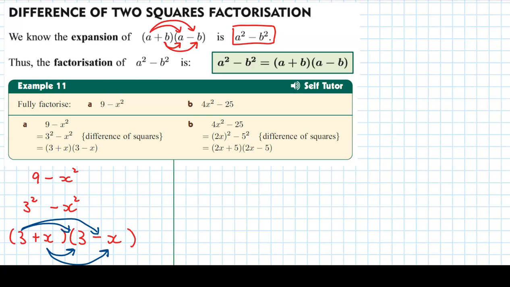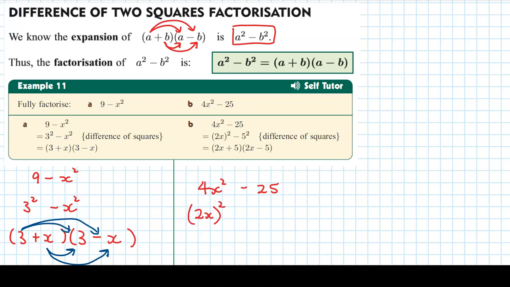With the second one, 4x squared take 25. Now, be really careful: even though the term on the left looks like it's already squared, that square is only applying to the x at the moment. It's not applying to the 4, because that means 4 times x squared. So with the a and the b, they can be a number and a letter at the same time. In this case, we need to make sure that we've got that in its squared format. So 4 can be broken down to be 2 squared, and the x squared is obviously x squared. So we will change that now